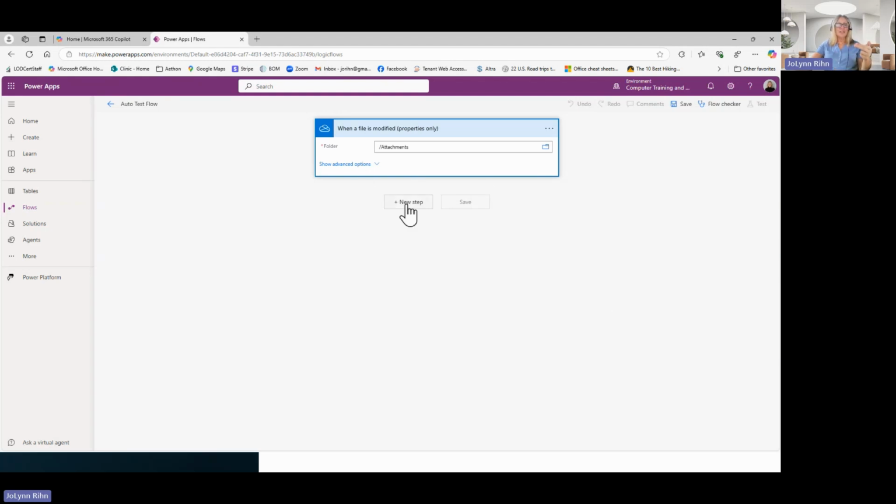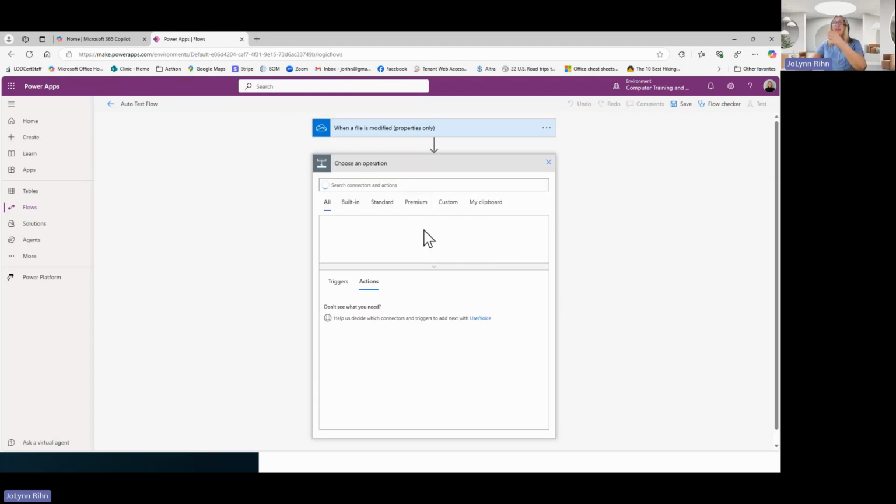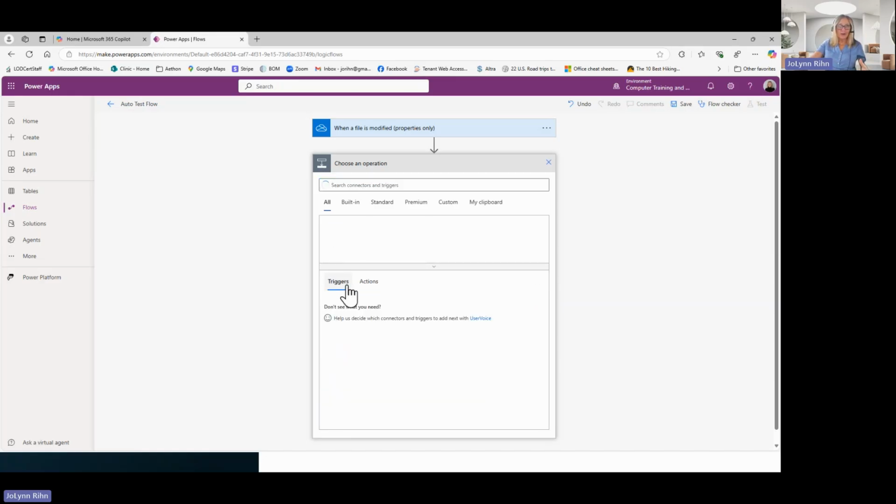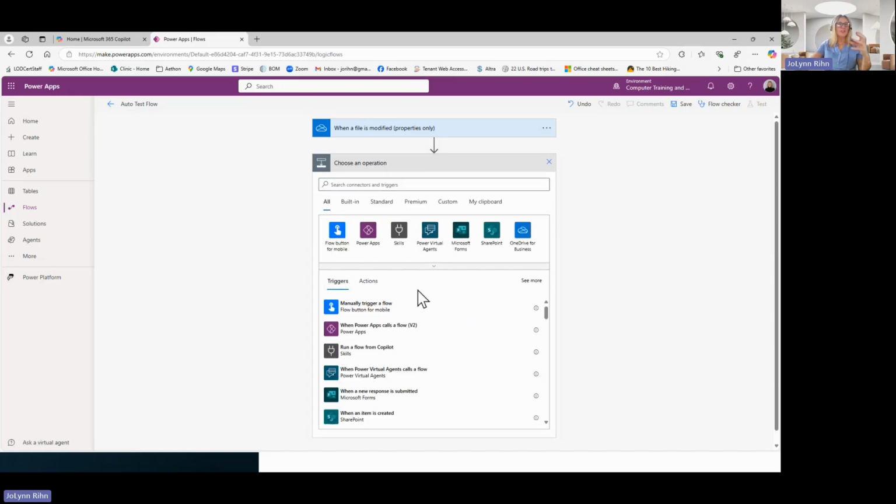Then I have to go into New Step. Then I have to fulfill the features for that new step. I have to say that here's the action that I want this step to have. I also need to do the triggers. So what's going to trigger this action or this workflow to run? That's where this can be a little complicated.